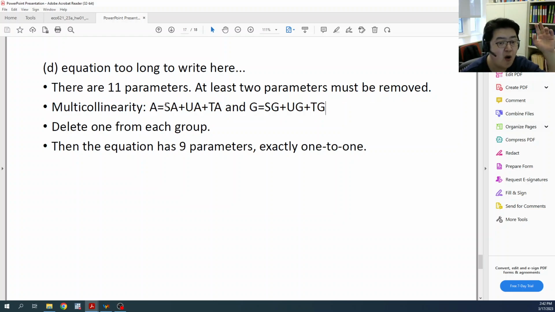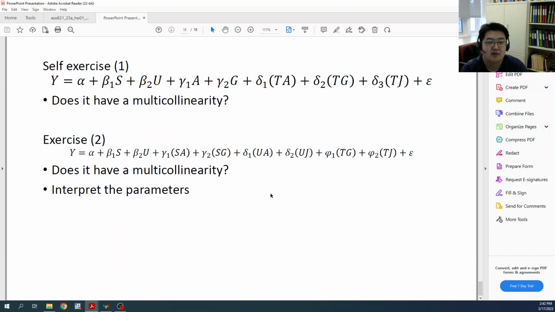So again, you have to drop one variable from each group. Drop one among these four, and another one from these four. Then you will have 9 parameters. So there should be one-to-one mapping, right? So now it's your practice to find the interpretation, to find the one-to-one mapping between the parameters and the groups. So how you interpret them. So additional exercise, if you're interested. Does it have multicollinearity or not? And does it have multicollinearity or not? So try this and try to interpret the parameters. It will be an interesting